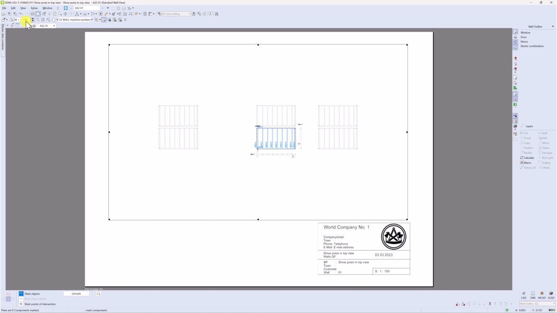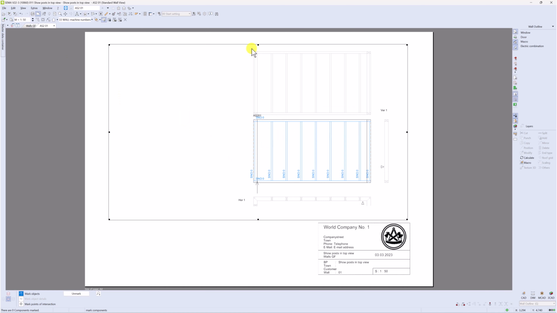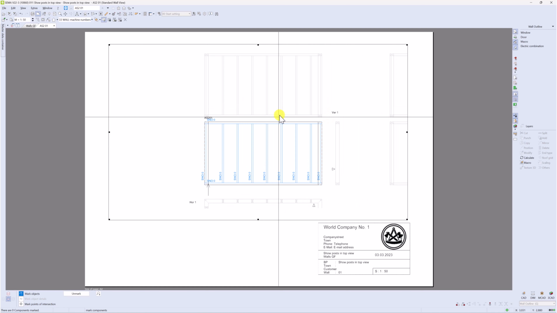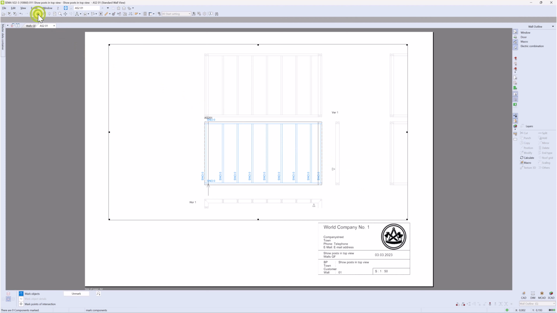So we could change the scale, for example, to 50, but then the position is not right, so we have to give it a nice position. So for example like this, but then this one here we don't want to have. So the better way is to use clipping. We can go to the normal view,